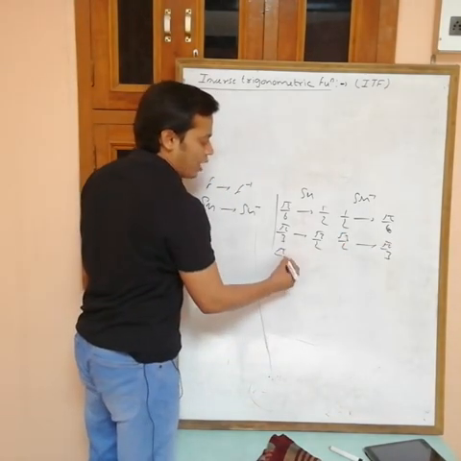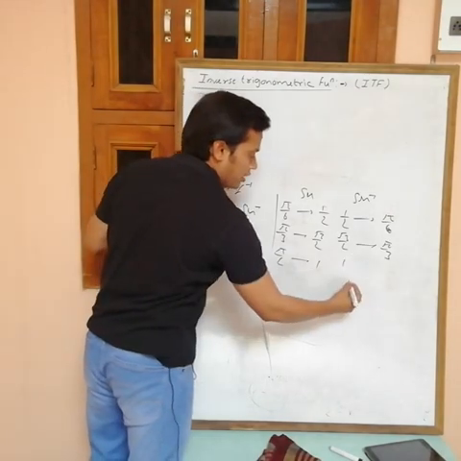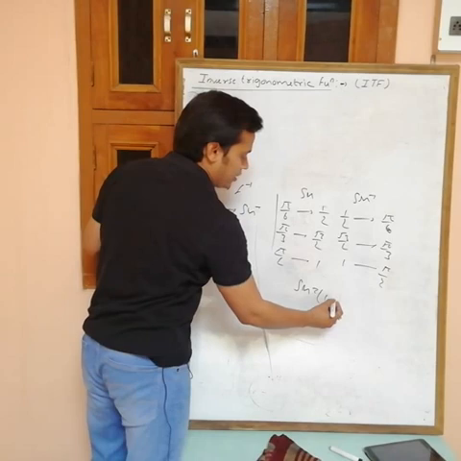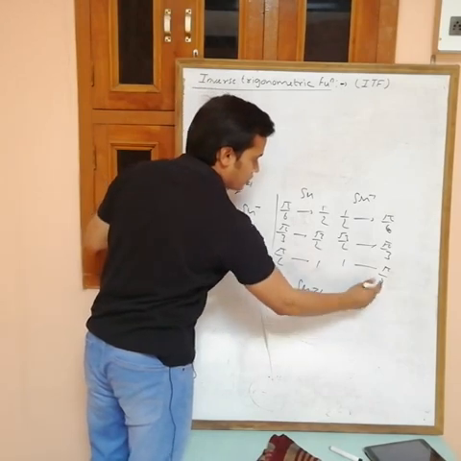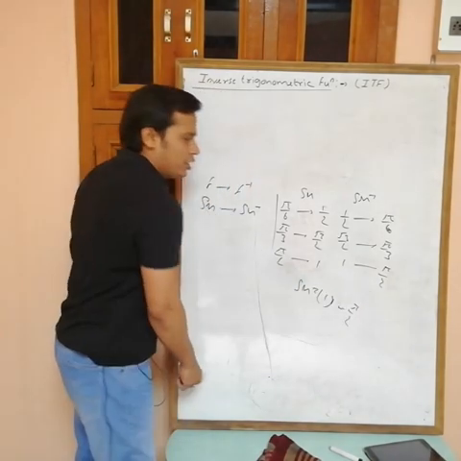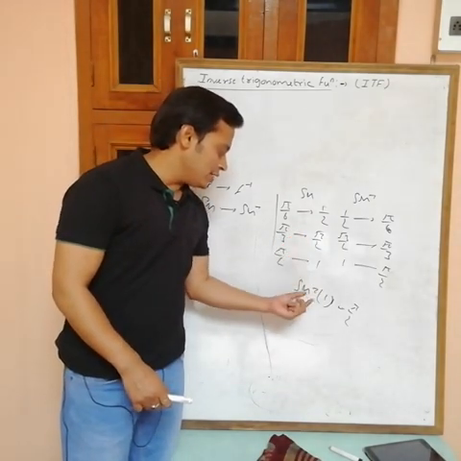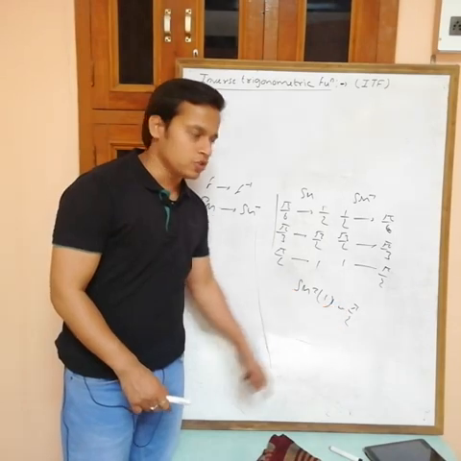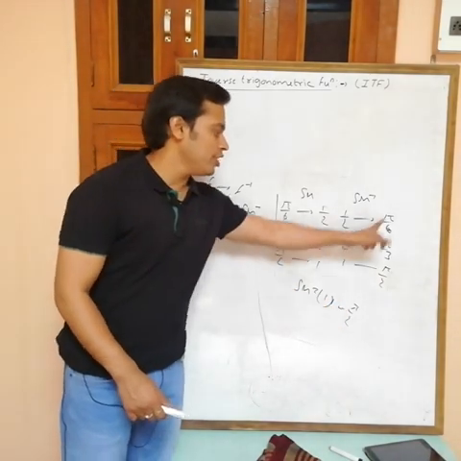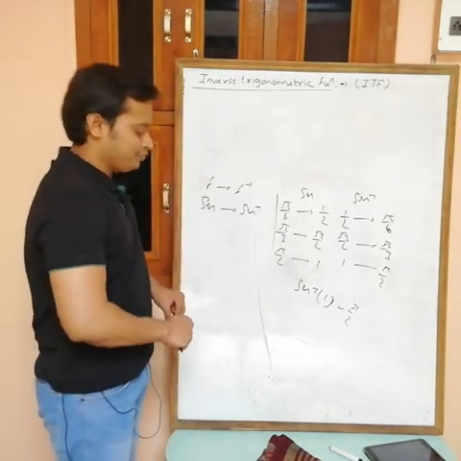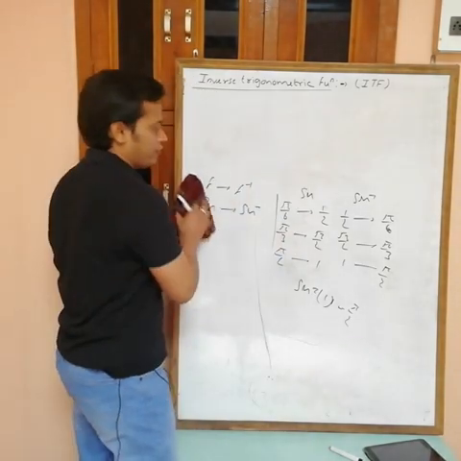Sine pi by 2 is equal to 1, so sine inverse 1 is equal to pi by 2. Similarly, if you want sine inverse 1, then sine inverse 1 is equal to pi by 2. How to find it? Just ask yourself, for what value of theta does sine become 1? That is equal to pi by 2. The value of an inverse trigonometric function is always an angle. So this is about the sine inverse function.